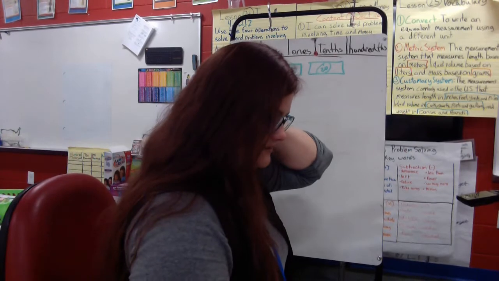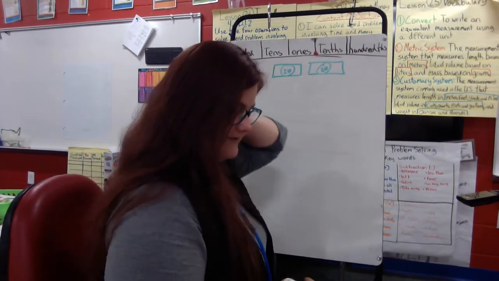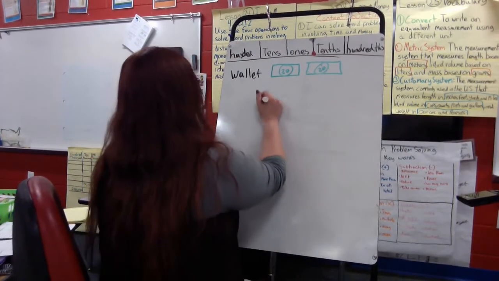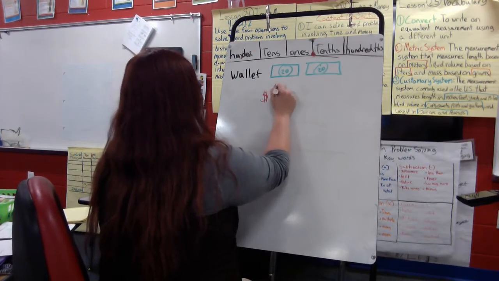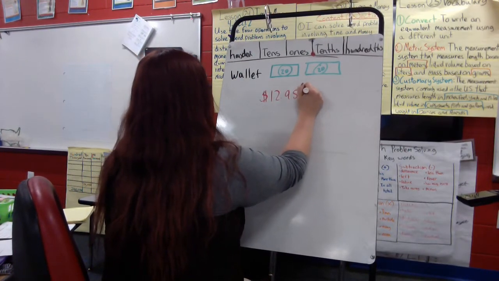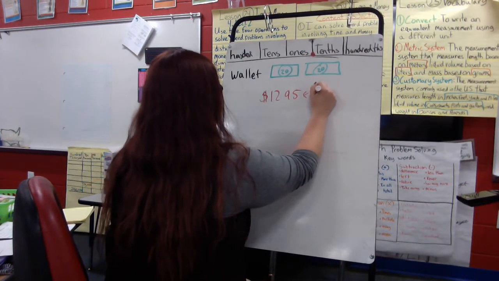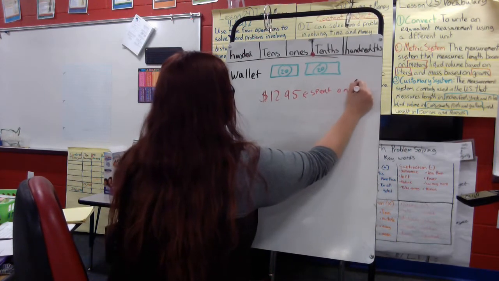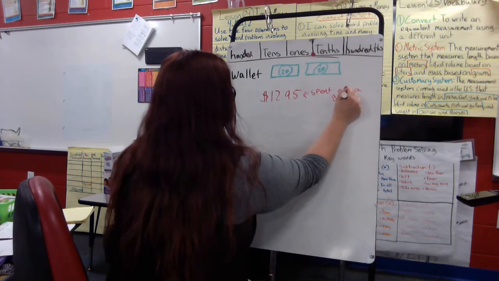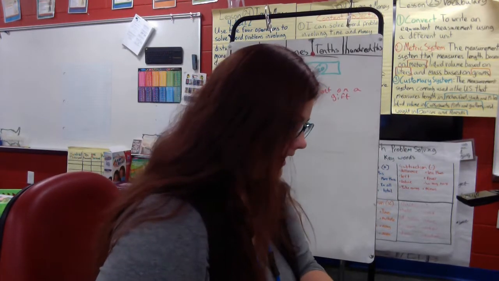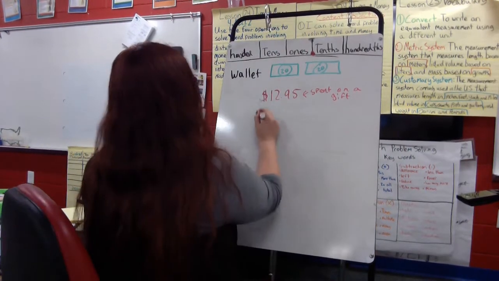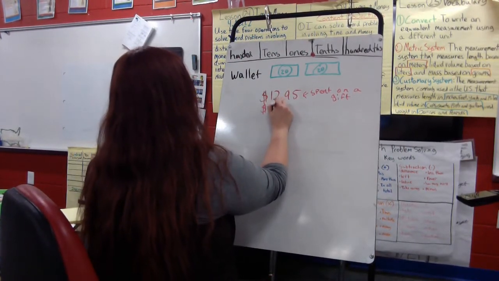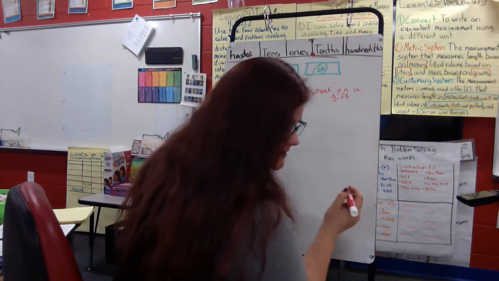She spends $12.25 on a gift. So she spent, I'm going to write it in red, $12.95 spent on a gift. And $5.25 on a card. Oh, she must be going to a birthday party. $5.25